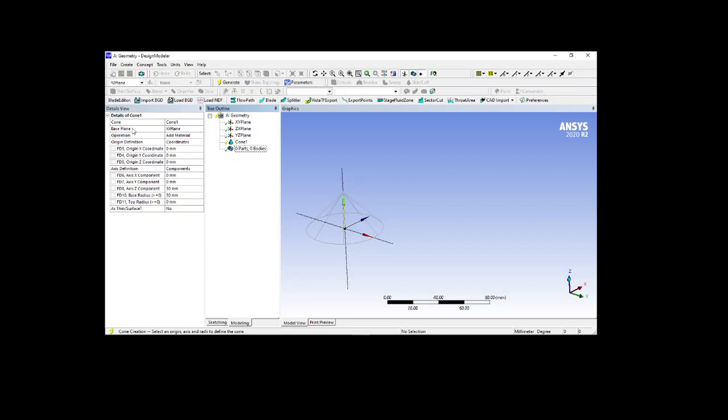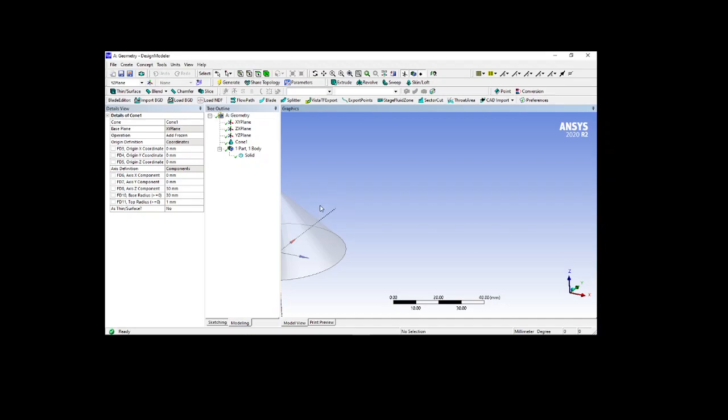Okay, we select the plane, and here I will use the frozen material. This is the coordinate, the origin of our cone. Let us discuss all of these. This is the bottom radius of our cone, which I have given, and this is the top radius. If I generate this by pressing 1, then you are able to watch here,